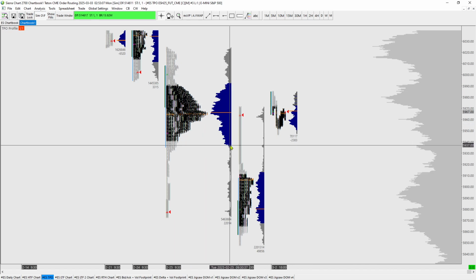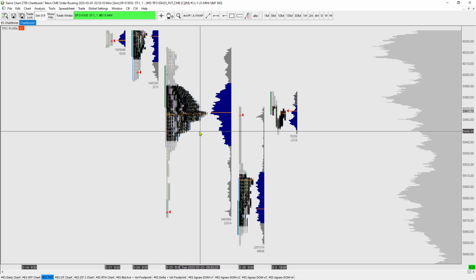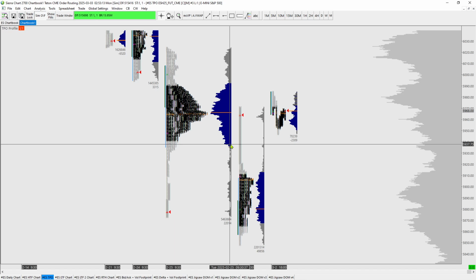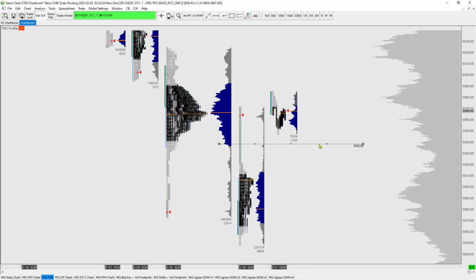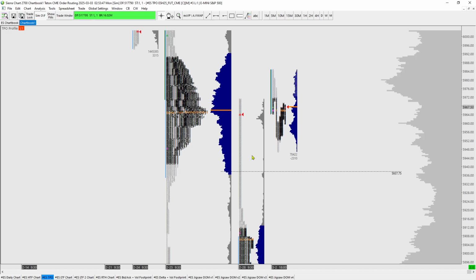So to the downside, a good one right here, because this is the bulk of value. I want to mark the downside one to be right here. You can see there's a drop off there. So I'll mark it like that. And you don't really have to be too exact with these because they are zones really, not pure levels. So I'll have 37.5. We also have value area low of this microcomposite, which I might throw in.